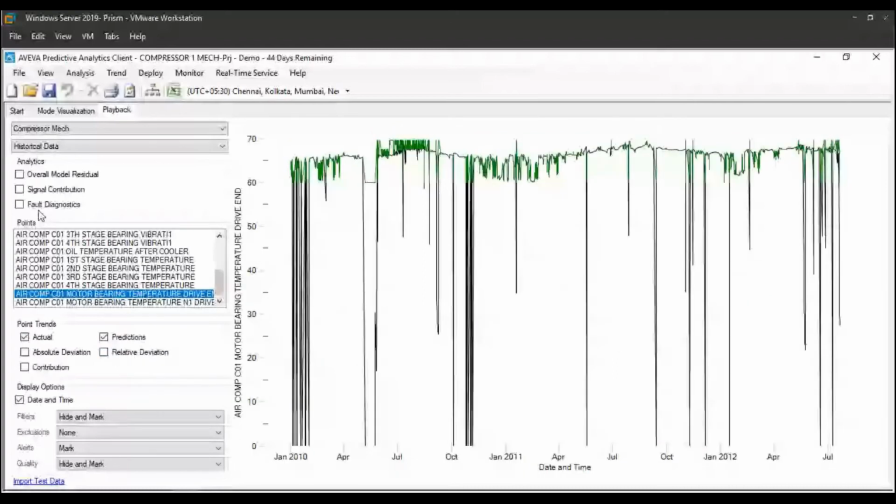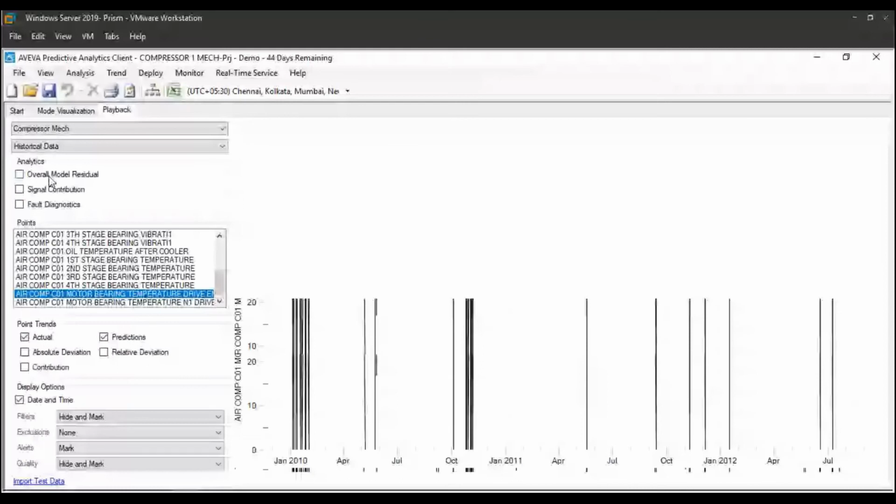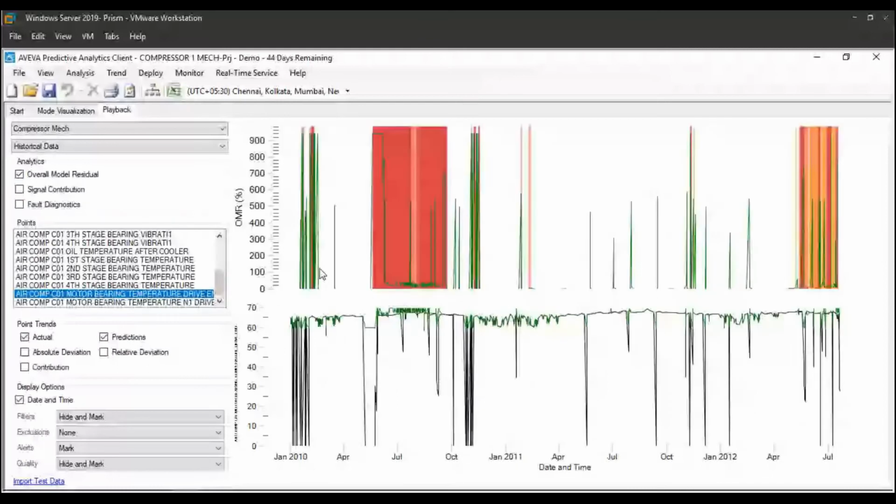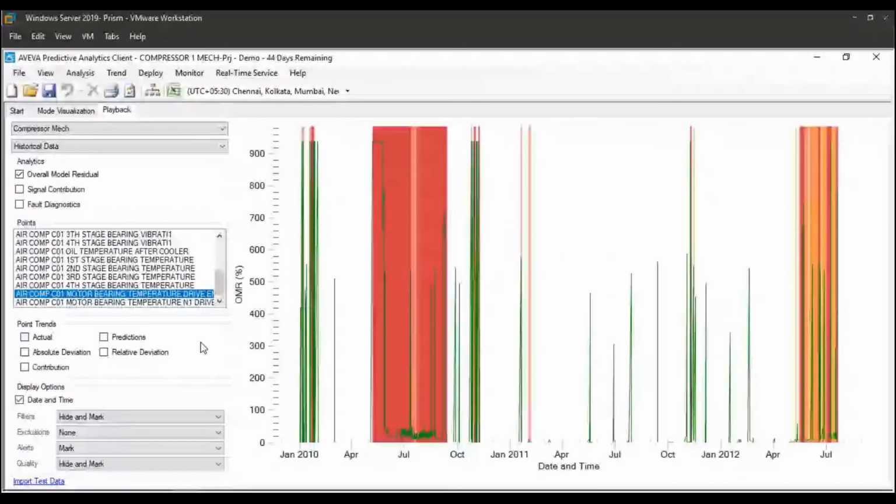And again, I'll talk about the OMR deviations. OMR deviations can happen only in the positive direction. They cannot happen in the negative direction. And the more OMR indication there is, the farther away the current state of the equipment is from the ideal state. And to repeat again, the ideal state is what we taught the software using normal and historical data for the equipment. Together, using the algorithms that we just stated, we create the profile, and then the real-time values are calculated against the profile to come to the OMR value.